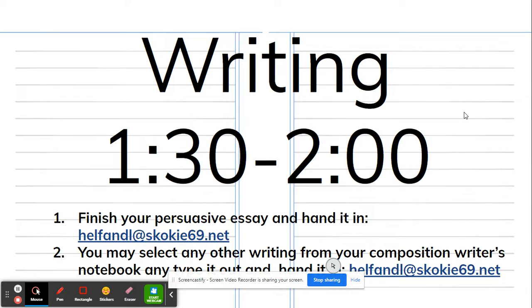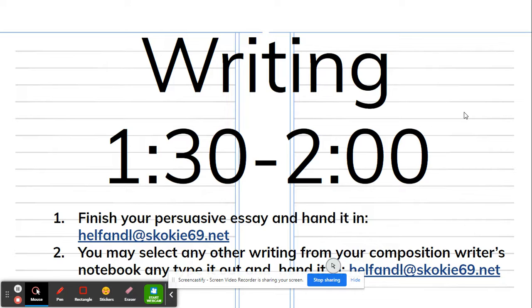And then you'll go into writing from 1:30 to 2 o'clock, and I have given directions to my groups on exactly what to do. So I'm in charge, and they know this, of the green writing group and the yellow writing group. And so the directions that I put here on this slide are for the green writing group and the yellow writing group. And then Mrs. Sweetman, Ellen, will pull her own students for writing at that time. So the kids know exactly what to do and they should be able to handle this fine.